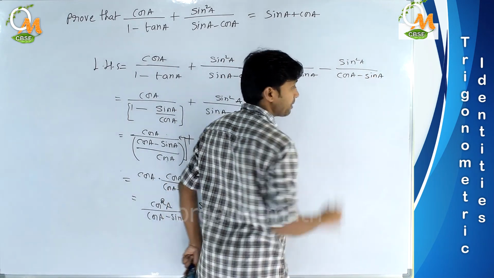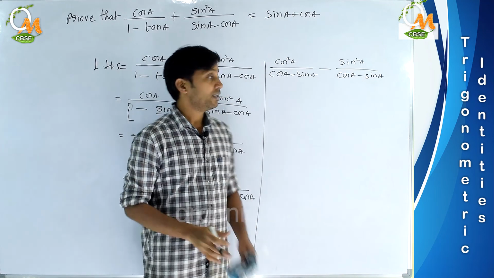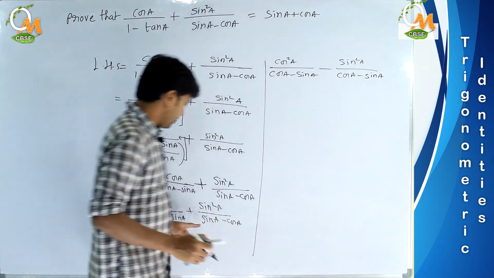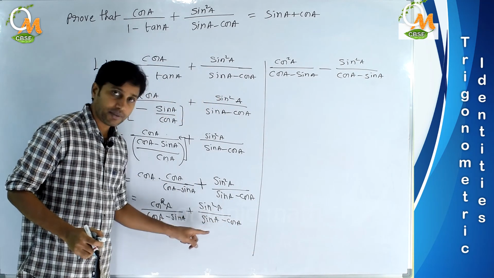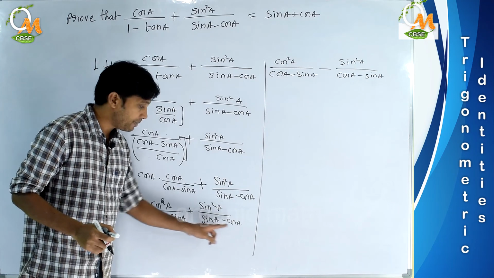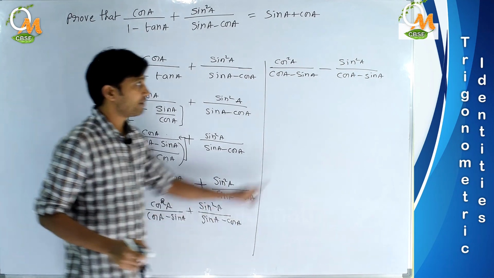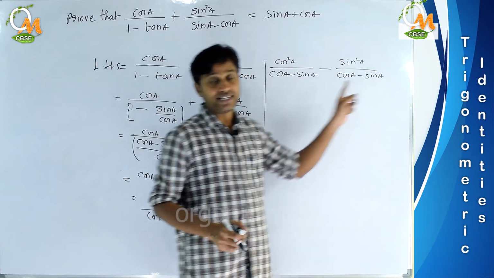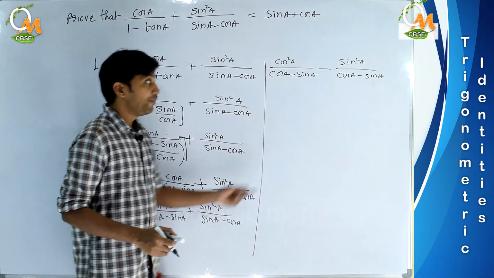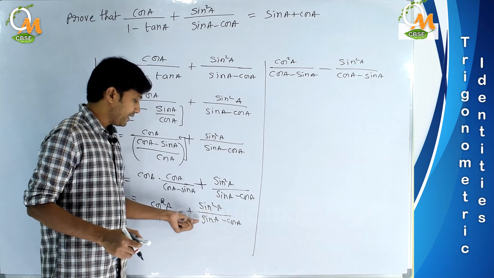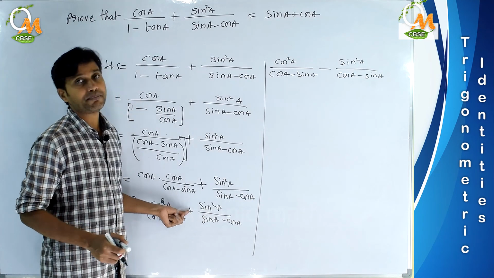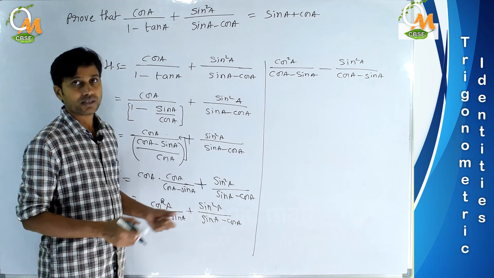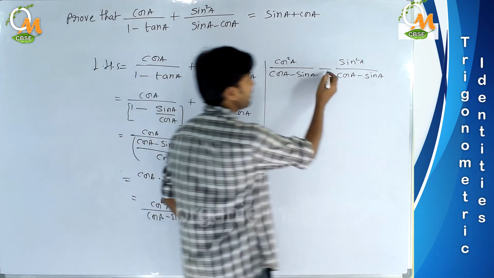Once again I am explaining for the beginner students. See here, I took the minus symbol common from the denominator part, therefore symbols will be changed. Here this becomes plus cos A, and this plus sin A will be minus sin A. And one more thing here is, we took minus common, no? So when it comes out, minus into plus will be multiplied together to get what? Minus. So we obtained here minus.